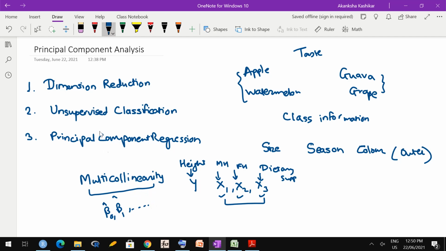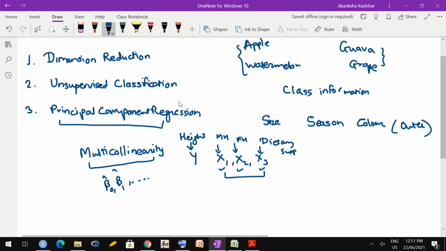Okay, so this multicollinearity is an issue, and one of the solutions for that is to go for principal component regression. So what is this? This basically means that we use principal component analysis to convert regressors into orthogonal, means uncorrelated regressors. Okay, because correlation was causing the problem. So once you make them uncorrelated, things are sorted out. Okay, so these are three major uses of PCA. Once we discuss PCA in detail, later we will see how each of these things is done in practice.